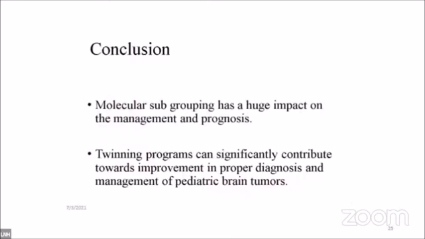So in conclusion, the more knowledge we have, molecular subgrouping is the way forward. I know it's costly, but the time would come when it becomes affordable, and there would be even more subgroups. Even with P53, people are talking about wild type and mutant type, and MYC proliferation, gene deletion, gene loss, gene gain. All these things would come with further subgroupings, and with further subgroupings we would have more knowledge. When we have more knowledge, we would be able to treat better.